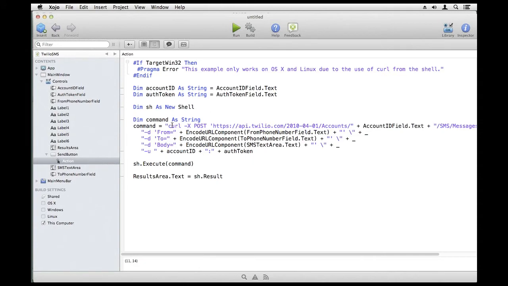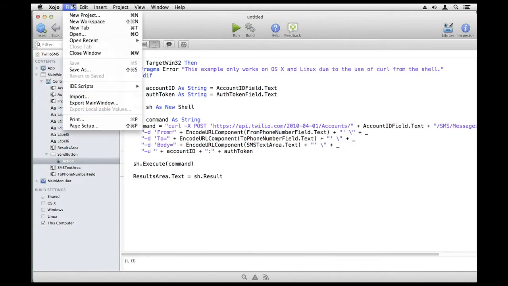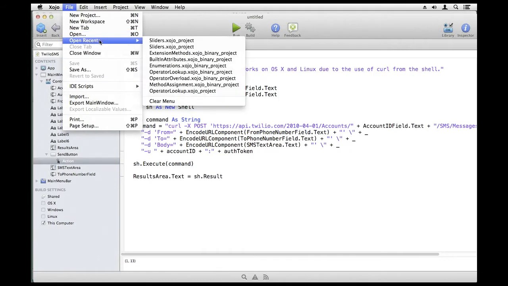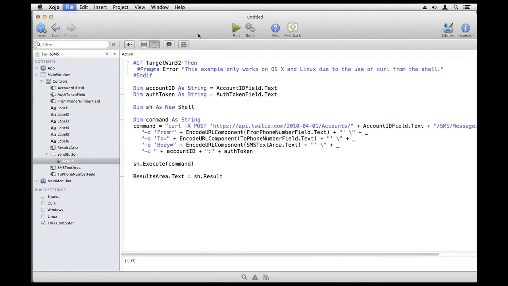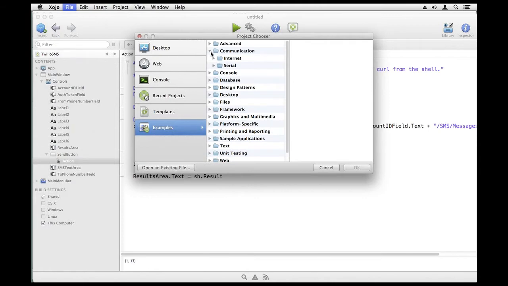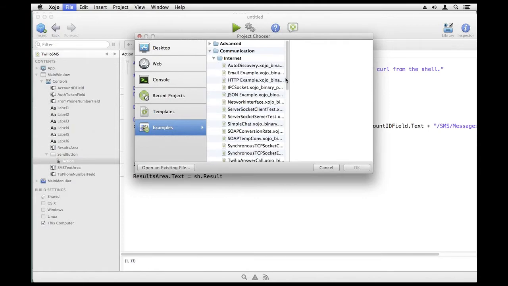This one doesn't use a socket. It actually uses the curl command line. And of course, curl is built into OS 10 and Linux for sending HTTP requests and getting data back. Xojo also has the HTTP socket that can do the same thing, although now that I remember, looking at this, it did not work with Twilio for this particular feature. But I imagine there's